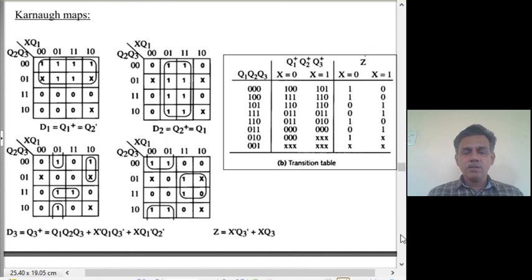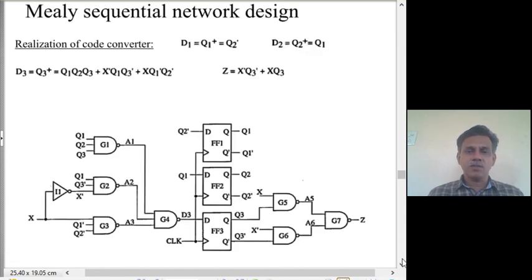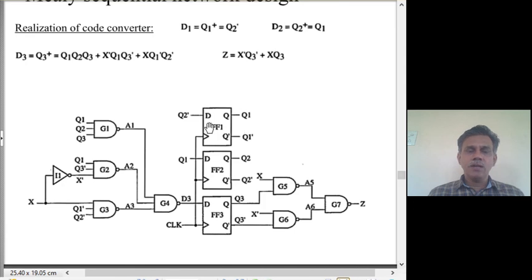We need to just go ahead and design the circuit. So use 3 D flip flops for Q1, Q2, Q3. A common clock goes to all the flip flops: a synchronous circuit, positive edge triggered. The outputs Q1, Q1 bar, Q2, Q2 bar, Q3, Q3 bar would be available. The inputs D1, D2, D3 of Q1, Q2, Q3 have to be generated using these equations, which I have already arrived at using the K-map.